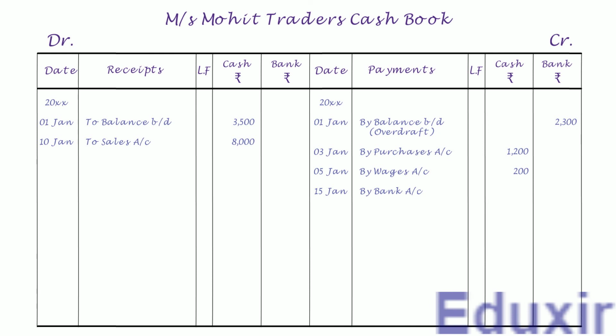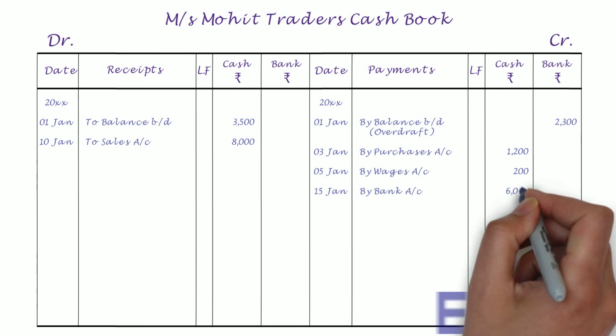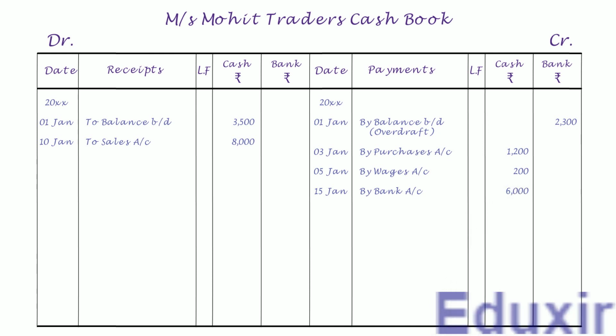Let's then record the credit amount of 6,000 rupees into the cash amount column. Also note that as this transaction involves depositing the cash into the bank, we need to write C in the ledger folio column, indicating that this is a contra. This also indicates that this entry should not be posted into the ledger account. With that, we have completed the posting of this cash entry into the cash book.